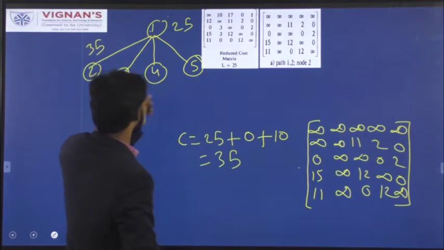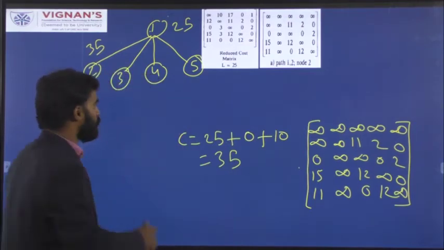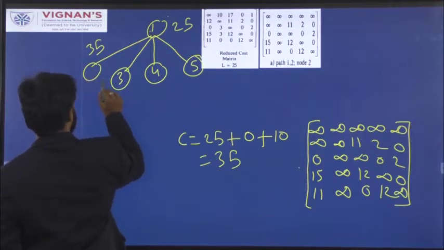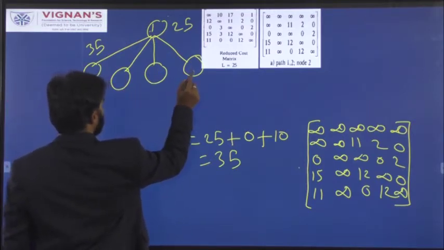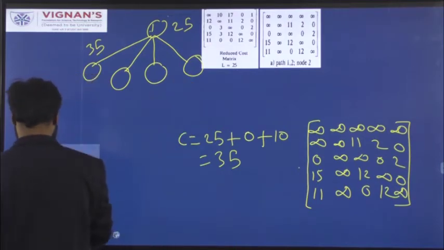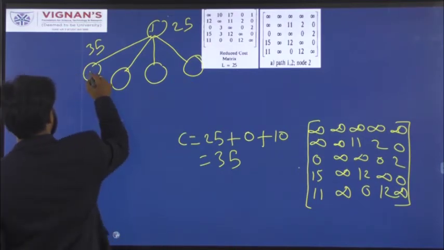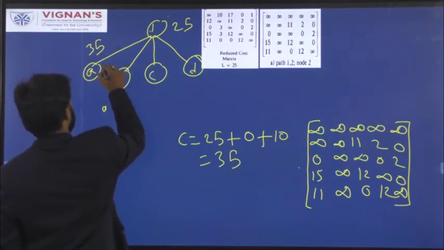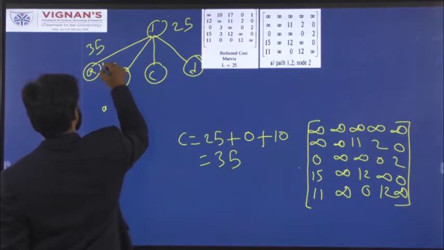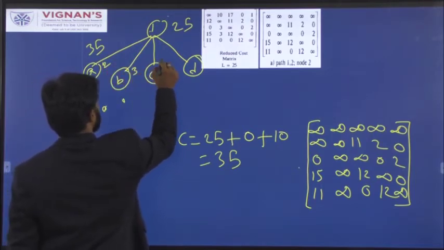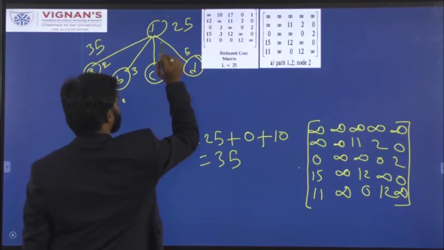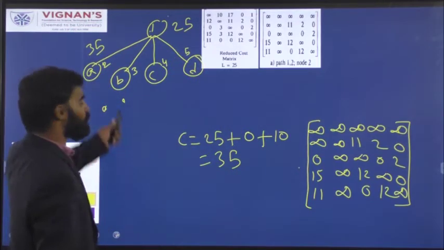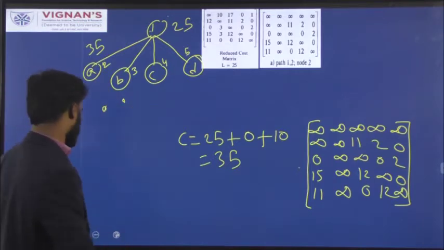In place of using 2, 3, 4, 5, you will get confused, right? Instead, let us name the nodes A, B, C, D. So this node represents 1, this node represents 2, this node represents 3, this node represents 4, and this node represents 5. Next, we calculate the cost for node A and do the same for B also.